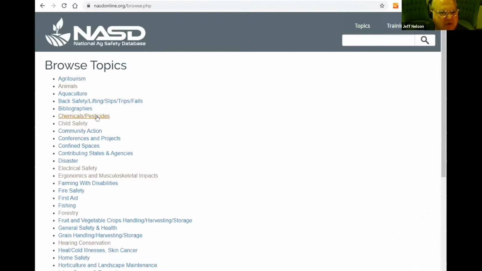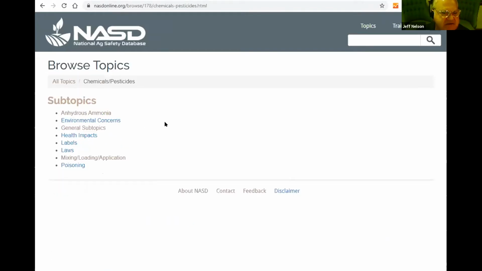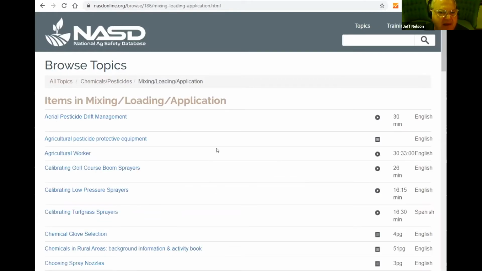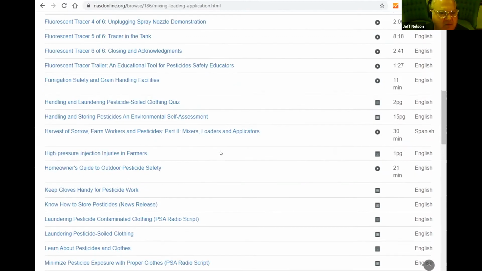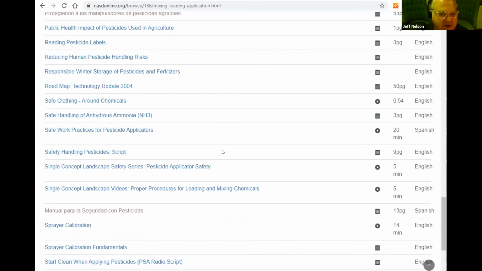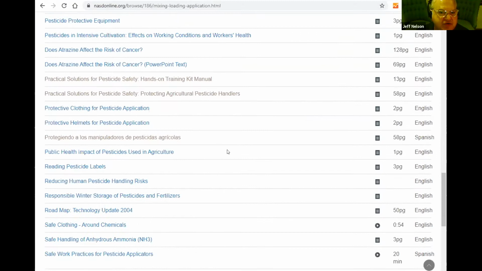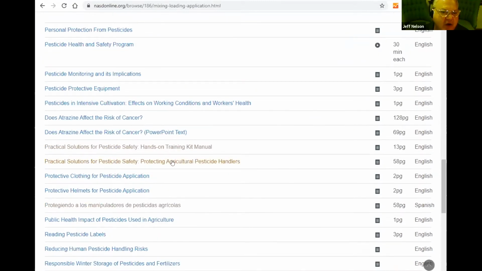If I go to chemicals and pesticides, I see a series of subtopics. I'm going to click on mixing loading application, and I see all the documents that are in that subtopic, and I'm going to scroll down to this document called Practical Solutions for Pesticide Safety, Protecting Agricultural Pesticide Handlers. So I'm going to click, it's a document, I can tell by this icon, 58 pages in English. I'm going to click on it